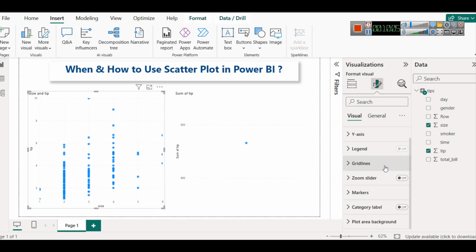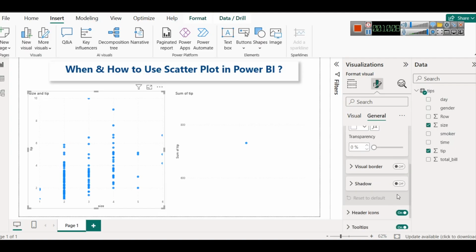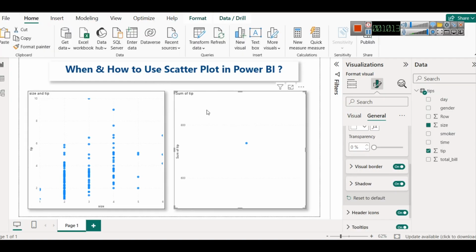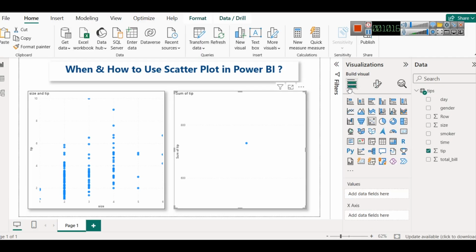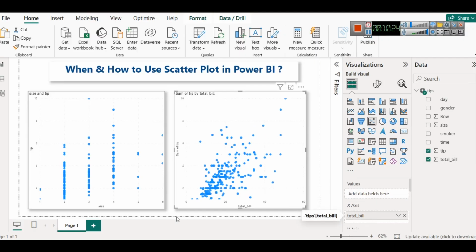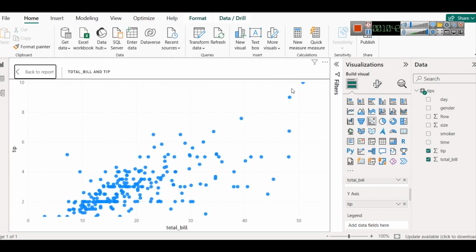Okay, what we can do is go to the general tab in effects, enable shadow and border for this also, and simply go there and copy formatting. And here in the x-axis we are going to include total bill, and here we are going to say don't summarize, here also we are going to say don't summarize. Okay, so now what will you conclude from this? Like, what is your conclusion from the